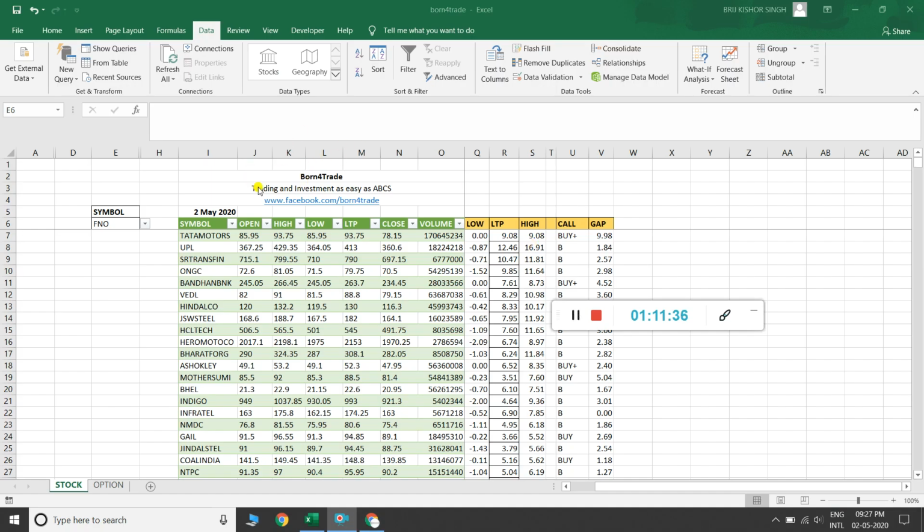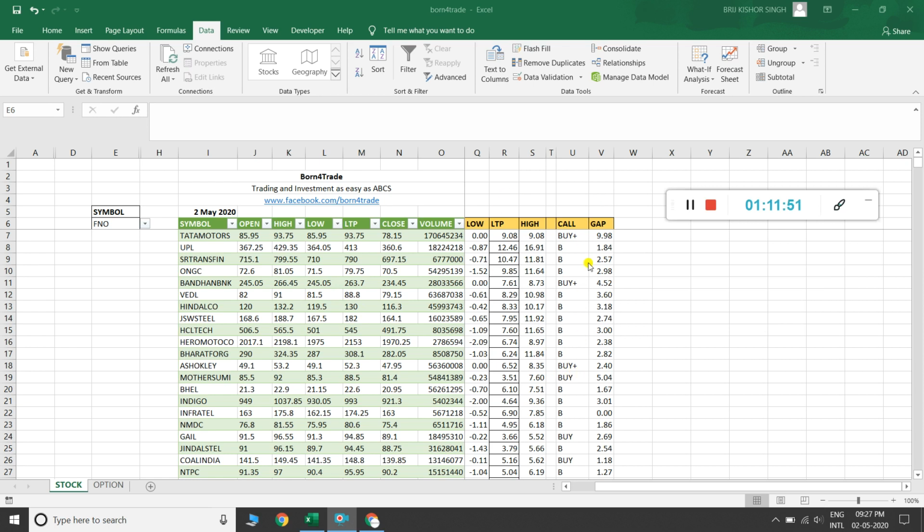Enable the data connection, and some pop-up will come out, and just click OK. Allow it to connect to nseindia.com, and it gives you live data, and it also generates the live calls for you, like open B plus, buy plus, sell plus, buy, sell, BS.